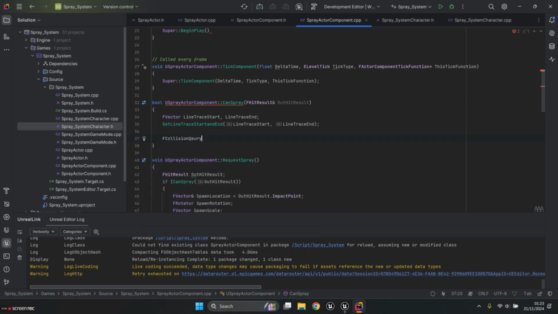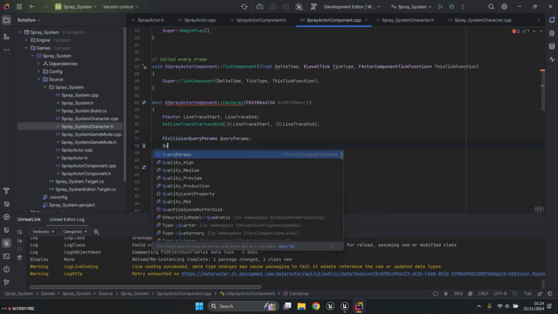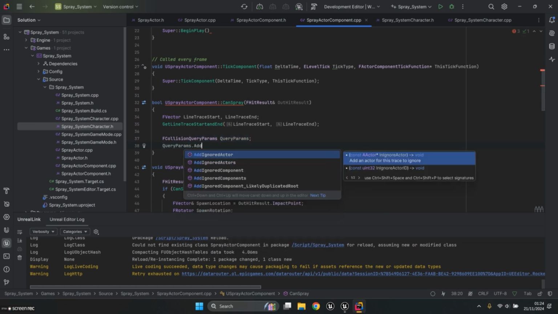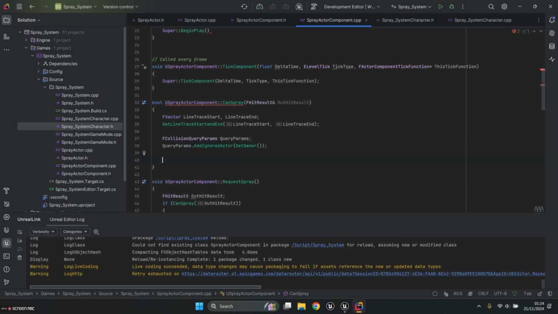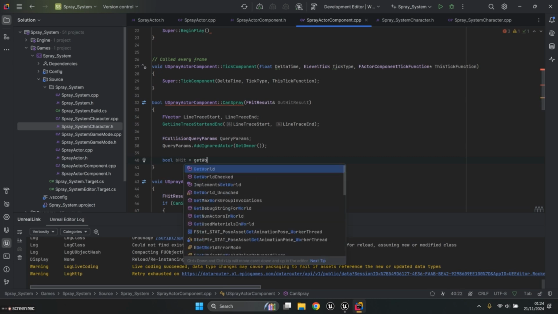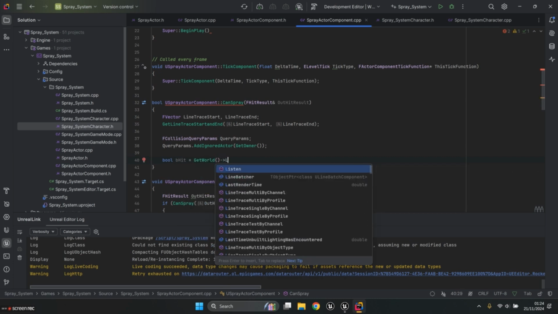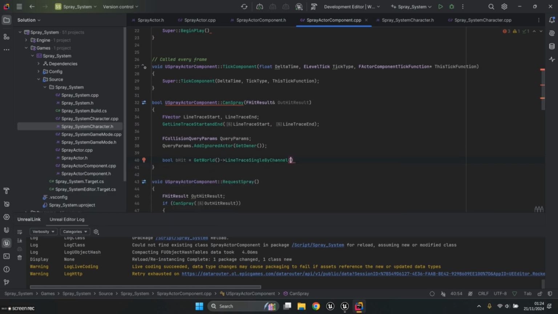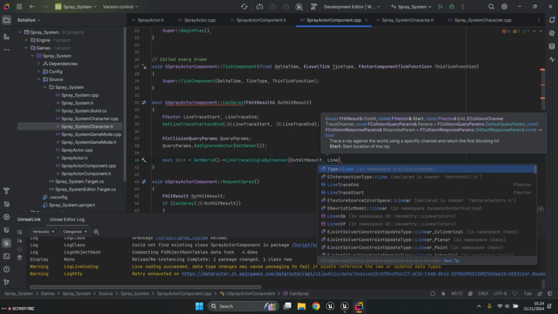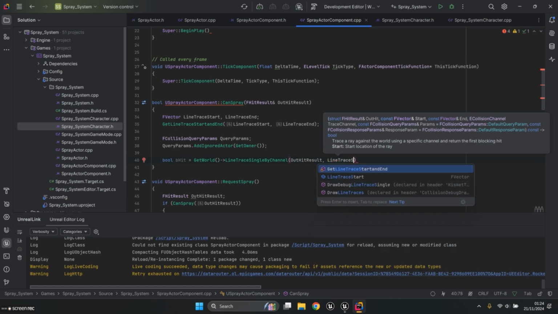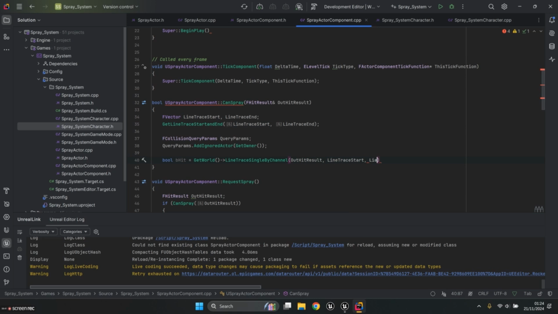Create the local variable with data type FCollisionQueryParams, named QueryParams, then QueryParams.AddIgnoredActor(GetOwner()). Make a boolean bHit. Get world and LineTraceSingleByChannel, with the hit result from line trace start to line trace end,